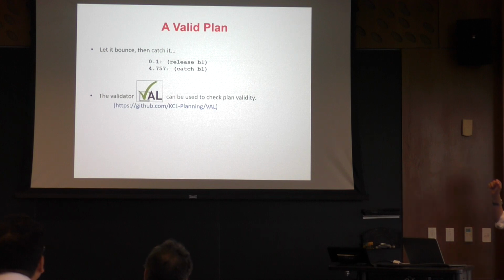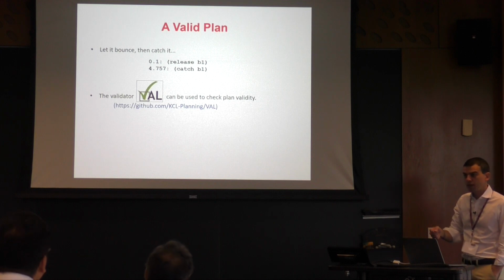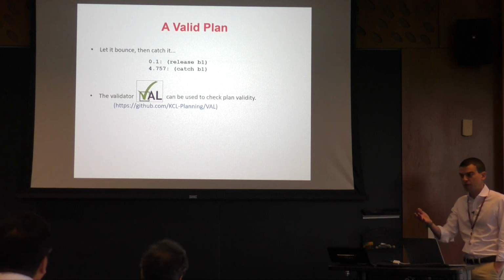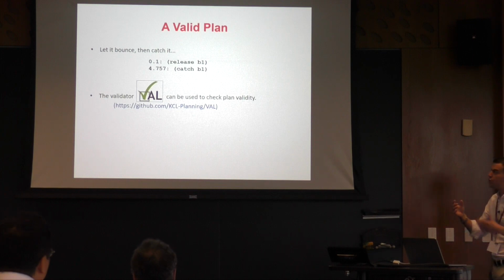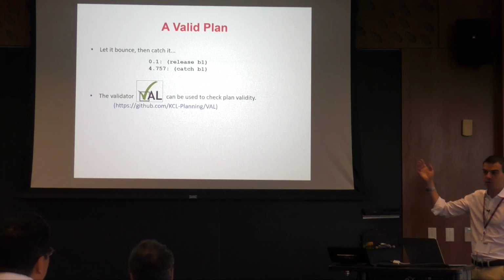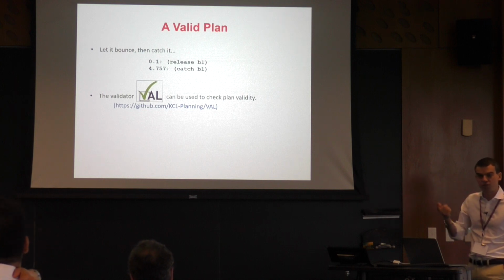So these are the only actions you see in the plan. Of course, the first action triggered the process, and then there was the event of bouncing, and then the action of the plan for catching the ball. I mean, in classical planning, it's easy to see what a plan is doing. In hybrid systems, it's more difficult to check that that plan is valid, right? Because you need to reason with the differential equation and so forth and so on.